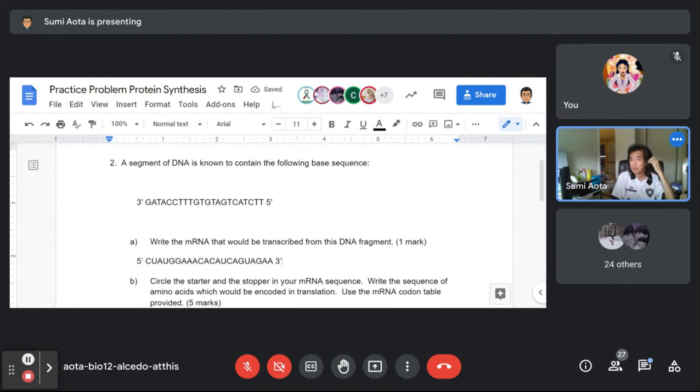Okay? You can lower your hands now. So that's what the mRNA sequence is going to be, right? You know it's mRNA, so all the T's have to become U's. So anywhere that you would have normally put in a T, you have to put in a U instead, okay?